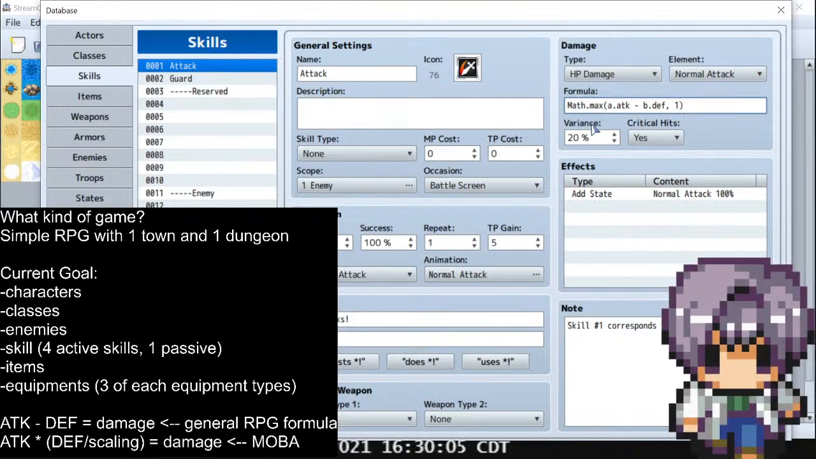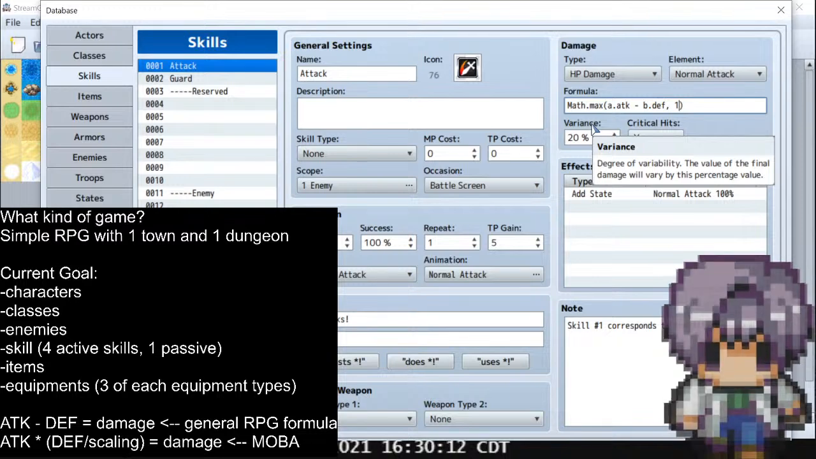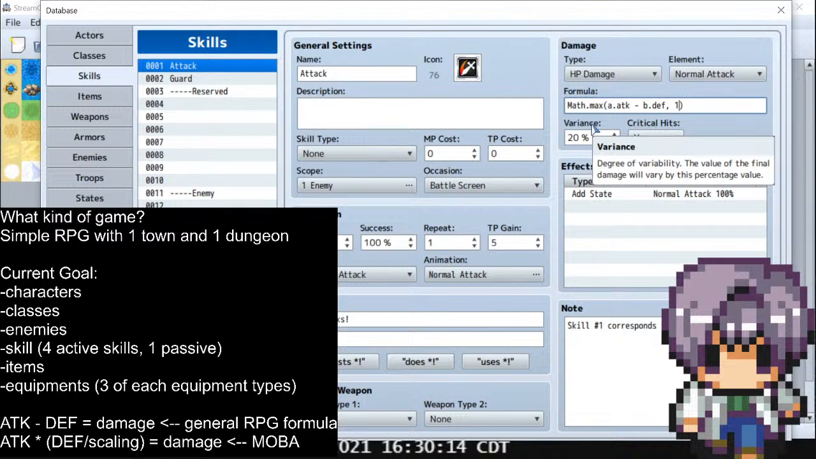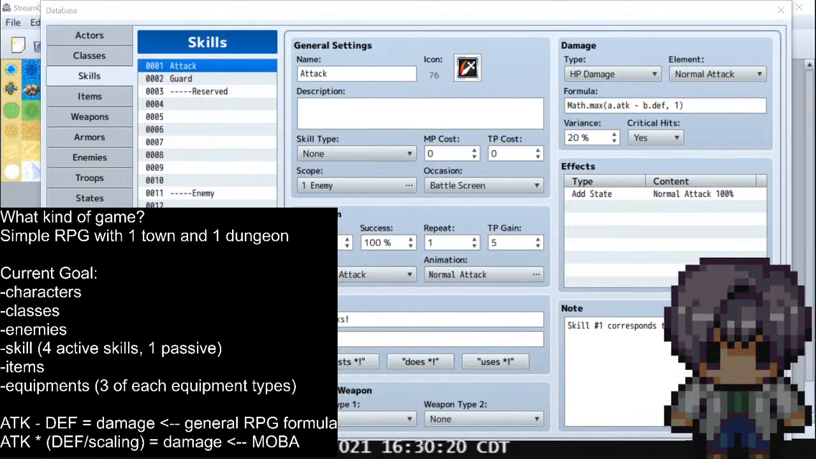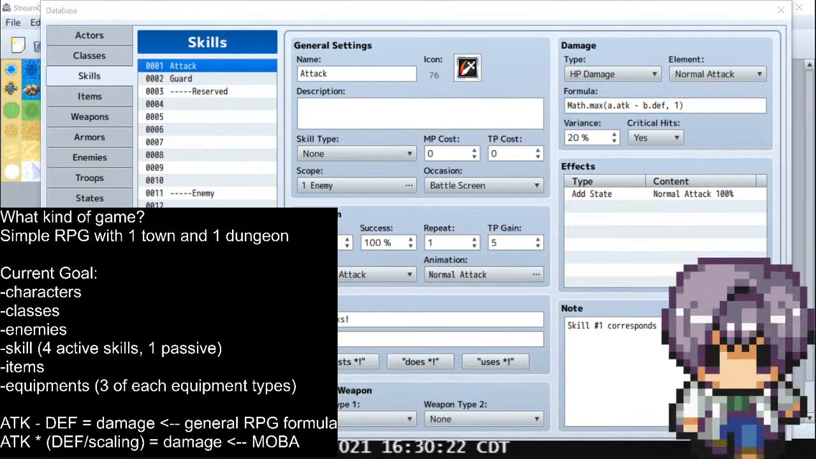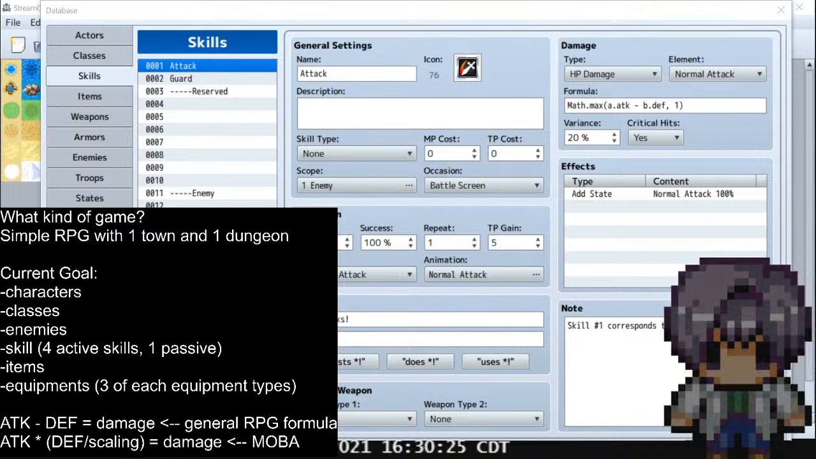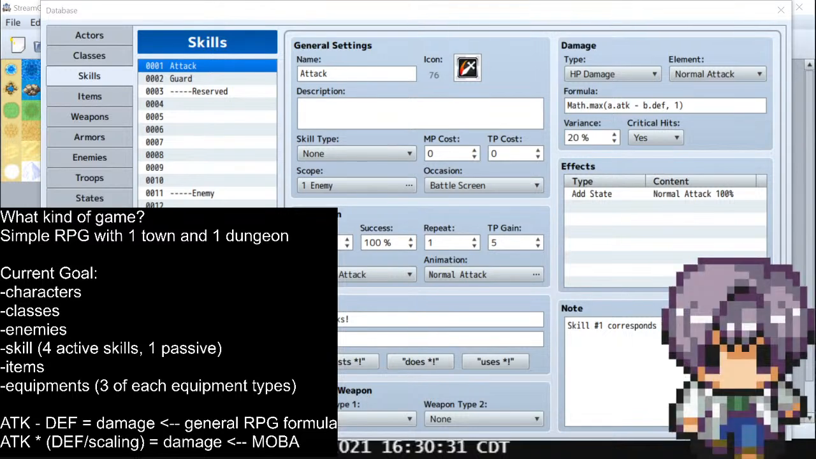Now variance is your RNG for the damage. So this is like plus or minus 20% is the default, which is, if you ask me, a little bit too much in most cases. Like let's say your damage is 1000, this is your base damage. So if your variance is 20%, that'll go anywhere from